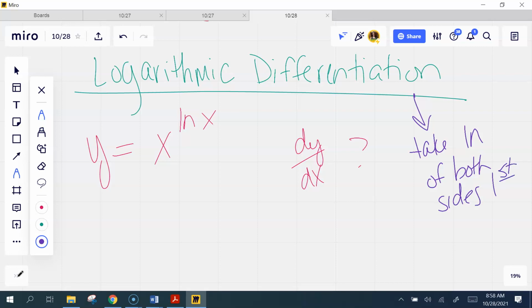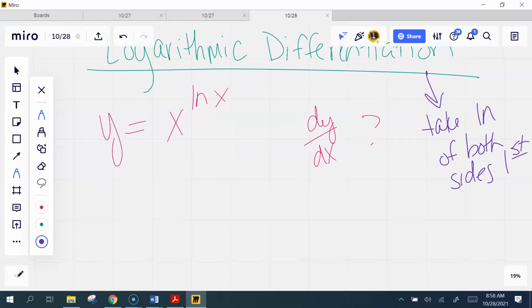Natural log. That's generally what we do, is natural log. And then we'll use log properties to rewrite it before taking the derivative. Because honestly, what are you going to do here? Bring this around front? I don't know how to derive that, right? So here's what I'm going to do. I'm going to say, okay, if I do the natural log of both sides,